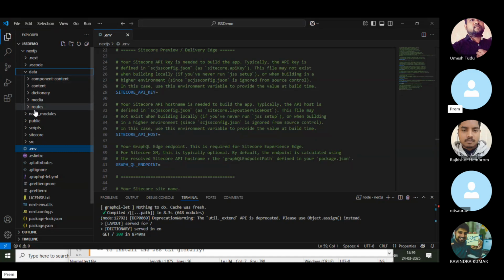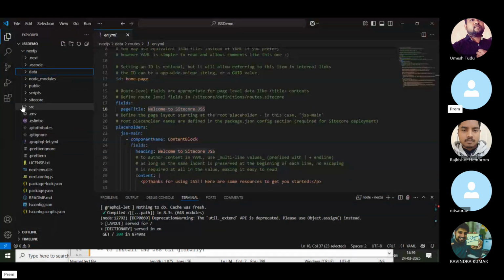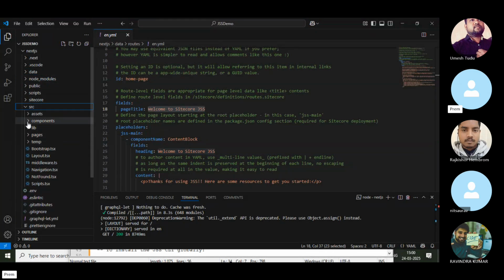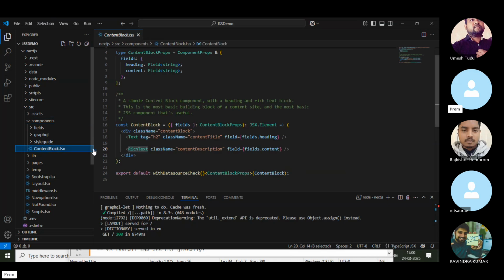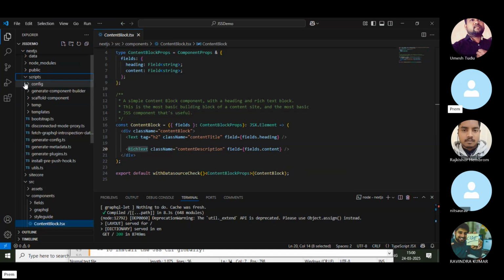When we are migrating, we go to the content section in the Sitecore code. In the data, as I told you, there is a .yml file, and we have a component here. Let me show you the component, this blog.component. And what else is mandatory here, let me show you